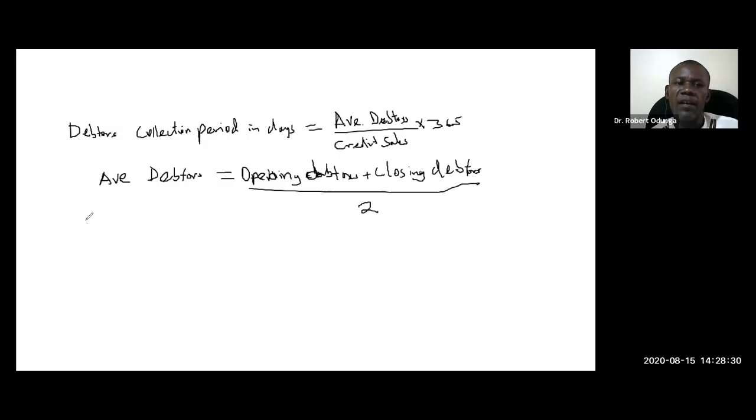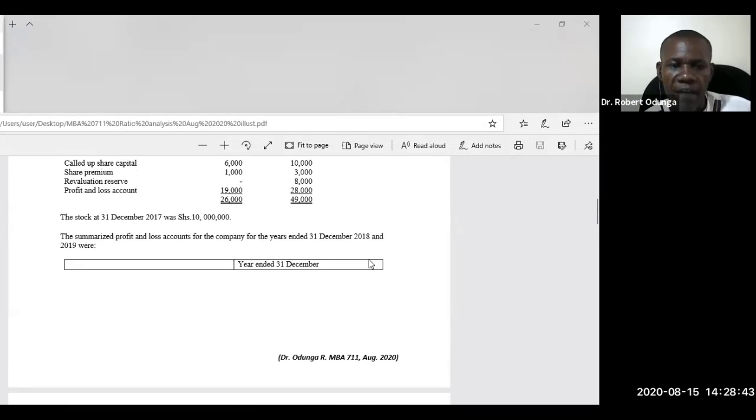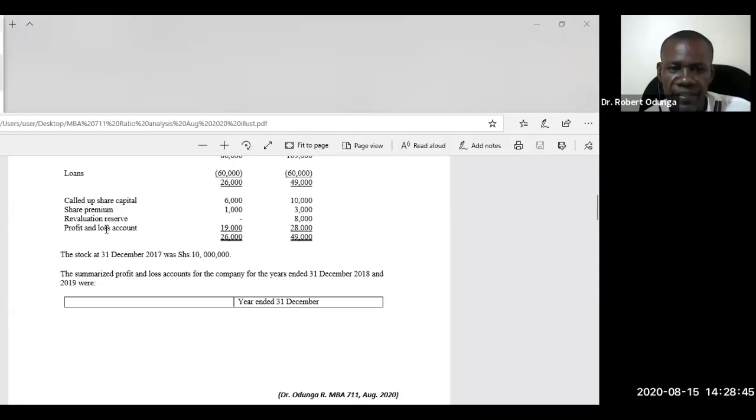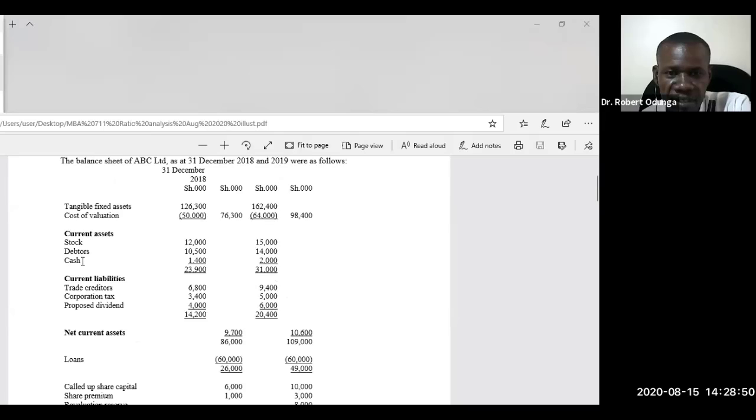So going back to our illustration, all right? So we want to see how do we get those figures and where do we get them from? Average debtors. What is the opening debtors figure? We get that one from the balance sheet, isn't it? So the balance sheet figure, as you can see, for 2018, is 10,500. All right, 10,500